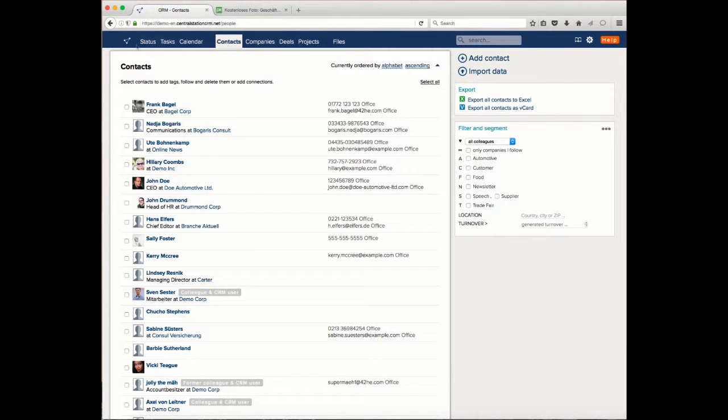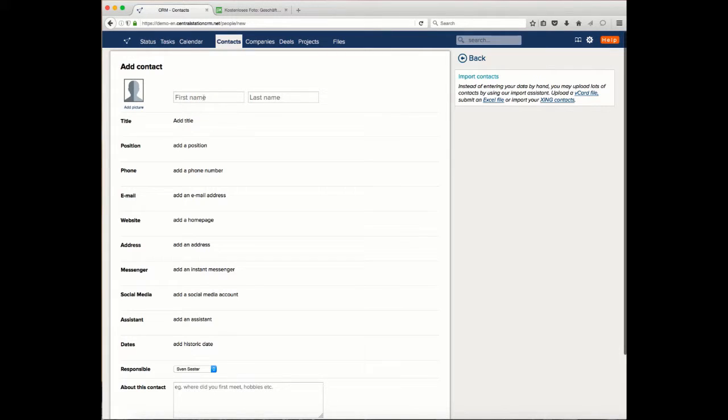We could have started from the status page, same procedure, and you go to add contact. There you can enter the contact details, name, contact details, all that data from this guy who came up to you. Let's say his name is Jack Sandler. As soon as you enter Jack or John or whatever, you'll see that here